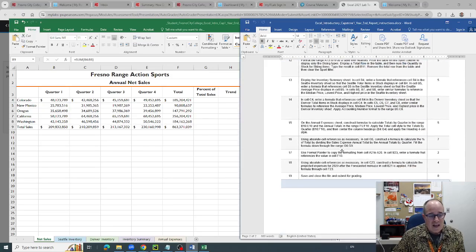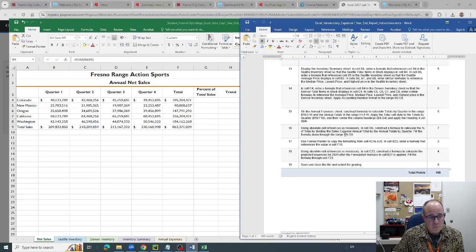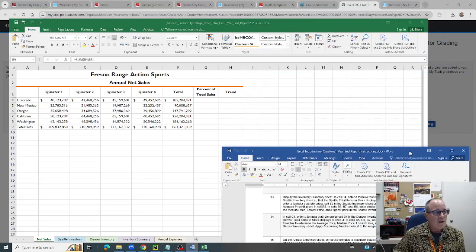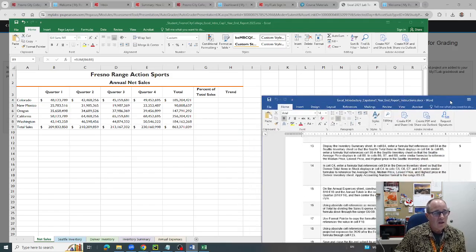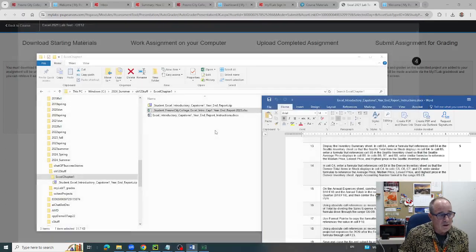So at the end of this, I'm going to carefully go through all of these steps here. Then I save and close the file and submit for grading. So the things I have to be mindful of are the name of this file that I'm working on, which is Student Fresno City College Excel, and where that is. So you know what, I can actually close this file now. Yep, I'll save it,